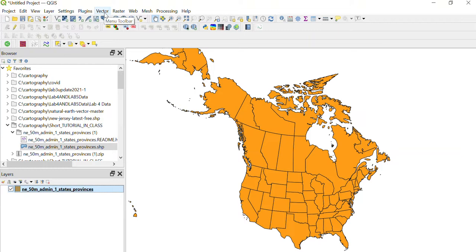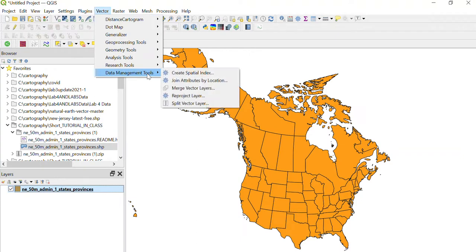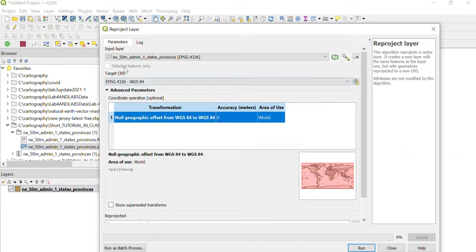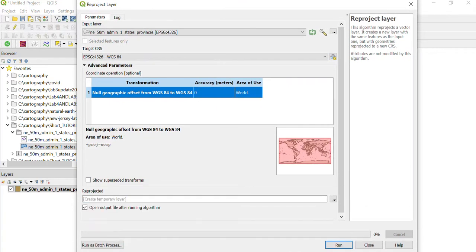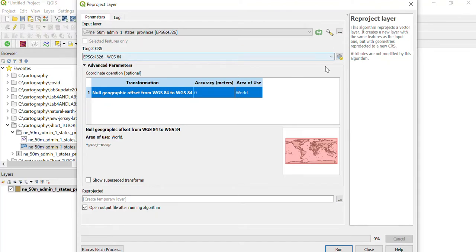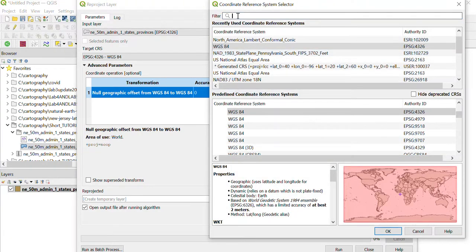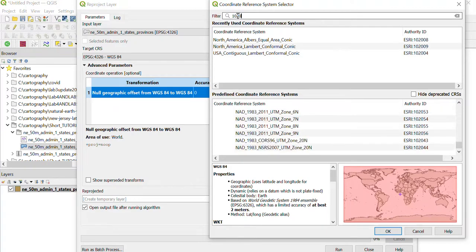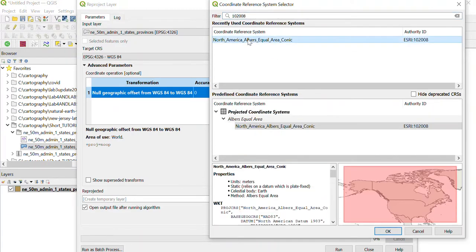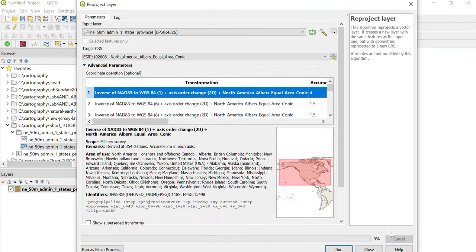There's a couple of different ways to do it. I'm going to just show you one of a few different ways. One is you just hit Vector Data Management Tools and then Reproject Layer. So basically our input layer is here, and what we want to do is set this up so that our target coordinate system, which is the coordinate system that it's currently in, we want to make our target, and I have the number here, it's 102008, which is that North American Albers conic. And I'm going to hit